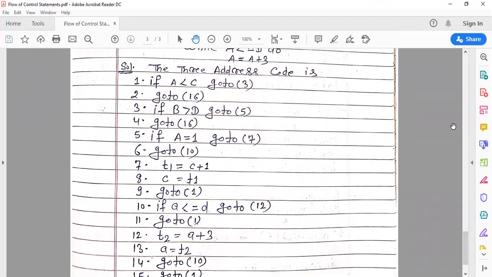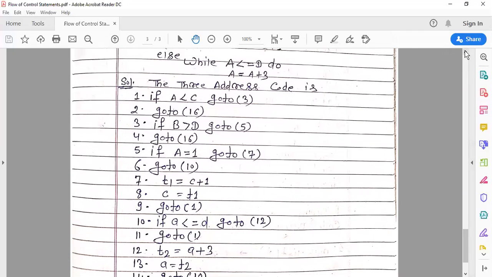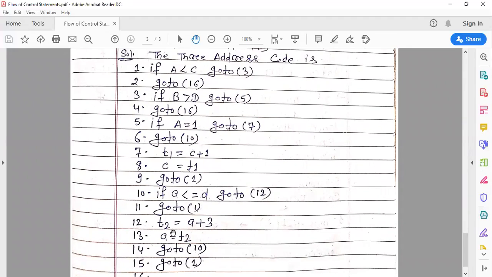If A less than or equal to D, if this statement is true, then control jumps to go to 12. If this is true, then the true code is A is equal to A plus 3. It means label number 12. So 12 has T2 is equal to A plus 3.